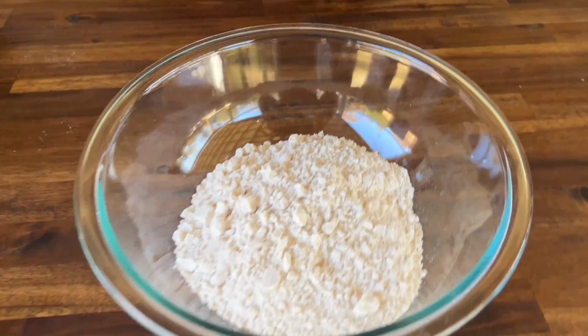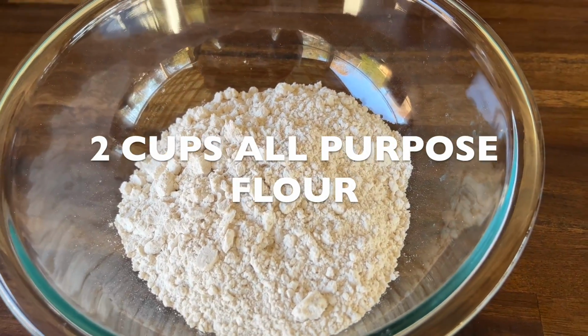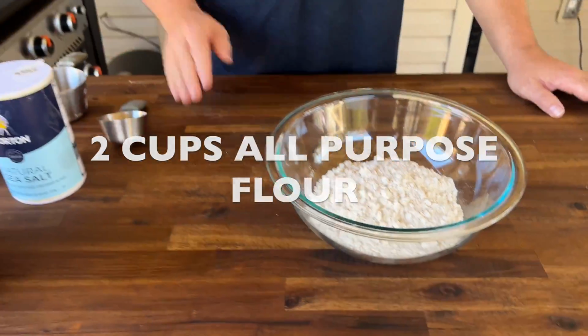Simple ingredients. 2 cups all-purpose flour. Just pick whatever flour you would like. Out of all the research I've done, it does not seem like there's one cohesive recipe that stands out, whether it be baking soda or baking powder or no baking powder, 2.5 cups, 3 cups, 2 cups, how much lard you put in. But there is, I think, one